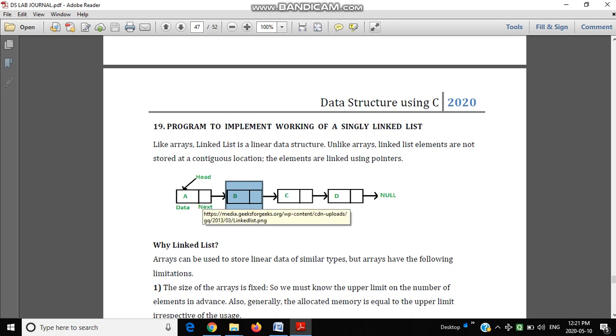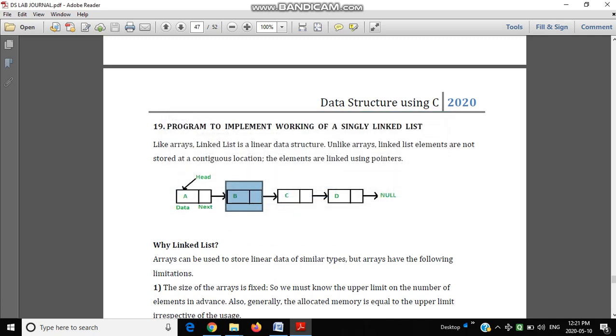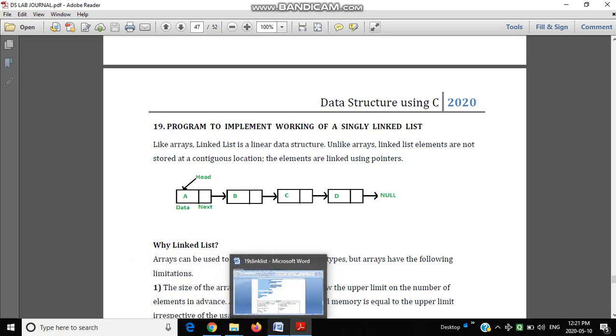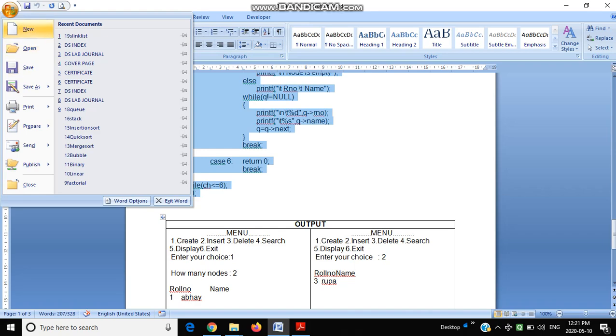These are the nodes. What is a node exactly? A node is nothing but the attachment of the data and the pointer. Here this pointer is there now. How does this linked list work? Linked list is the same as an array, but an array contains subscripts like a of 0, a of 1, a of 2, like that. I'll just show you one example.